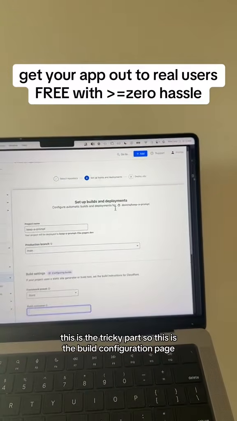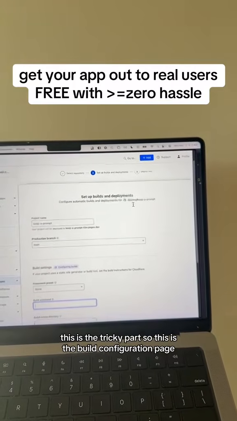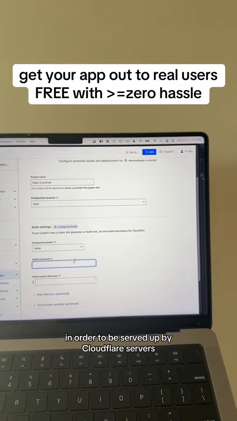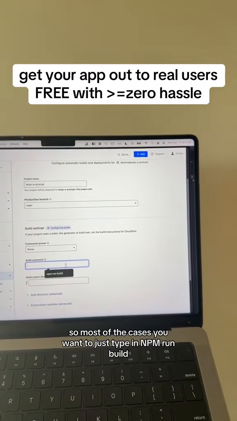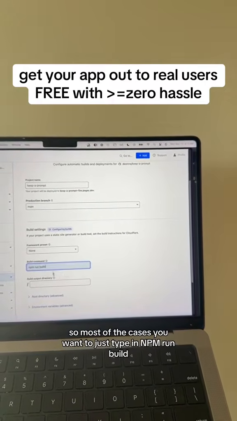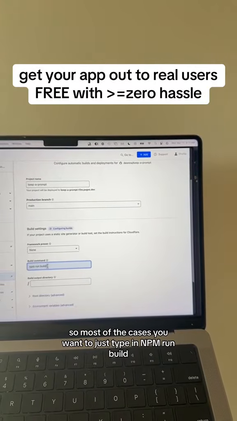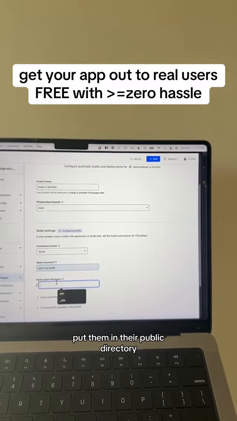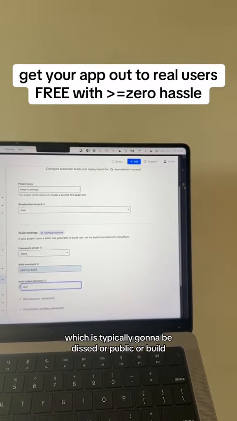This is the tricky part. So this is the build configuration page. Your files need to go through some transformations in order to be served up by Cloudflare's servers. So in most cases, you want to just type in npm run build. That will build your files, put them in their public directory, which is typically going to be dist or public